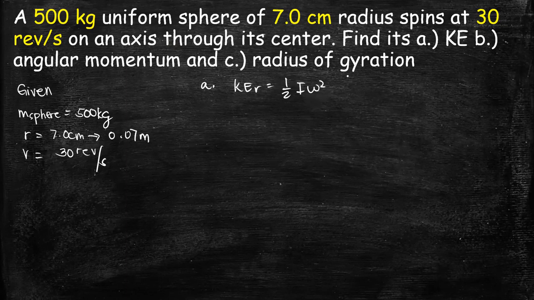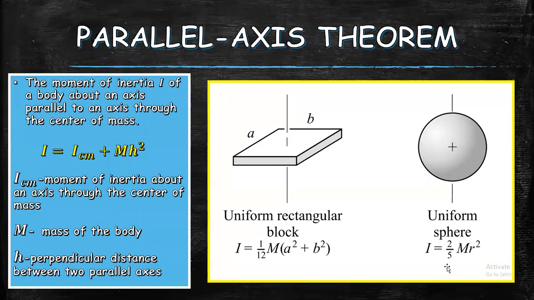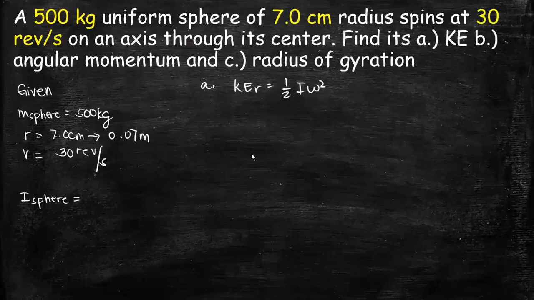Okay, ang wala tayo dito is yung moment of inertia at saka yung omega squared. So we have to first find out those values or those quantities. So let's start with the moment of inertia nung sphere natin. So ang moment of inertia ng sphere natin, okay, let's take a look at this. So it is equal to 1/2, or 2/5 rather, 2/5 mr squared. So yun yung gagamitin natin. Okay, 2/5